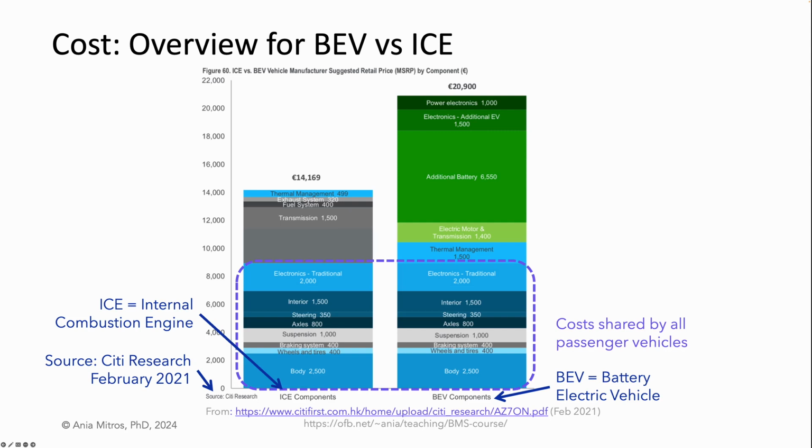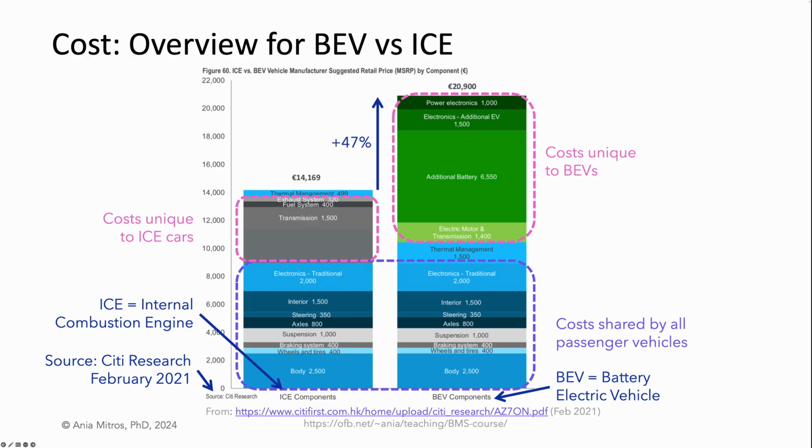In the bottom, we see costs shared by all passenger vehicles: body, suspension, interior, and so on. On the top, we see costs unique to internal combustion cars on the left and unique to battery electric vehicles on the right. This report estimates a 47% higher total cost for the electric car, mostly due to the cost